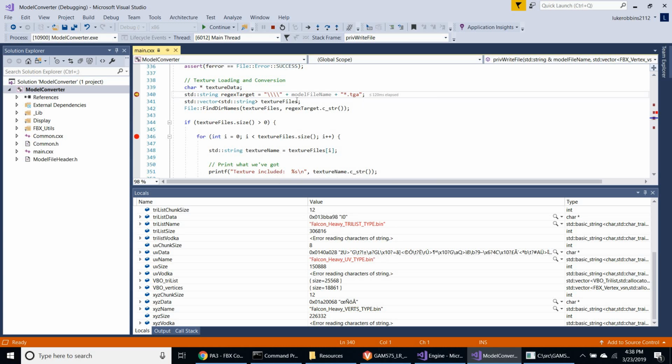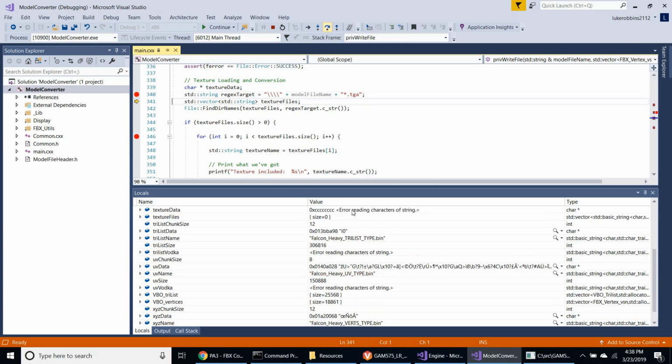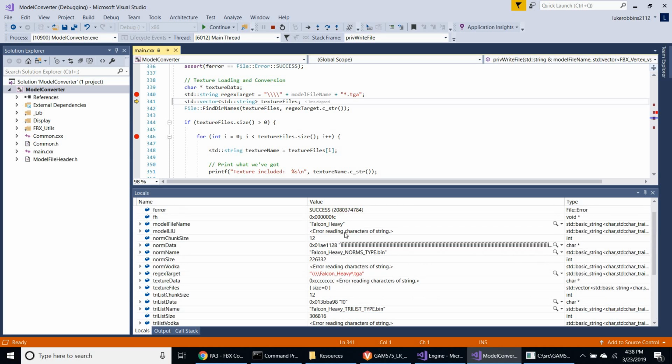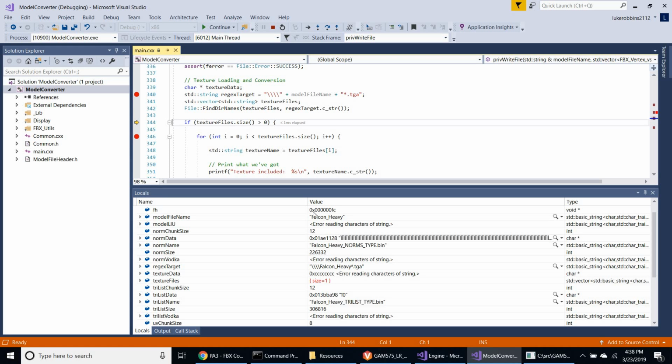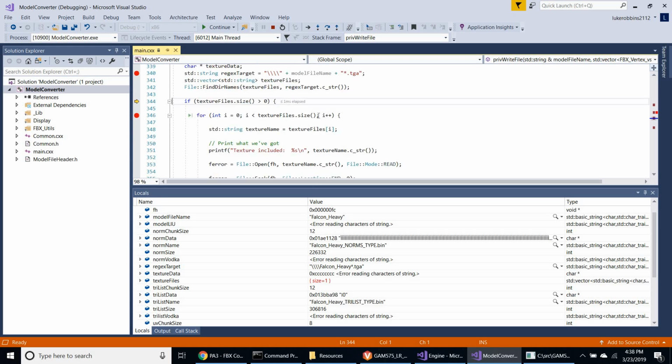So now we're loading the textures. I just had this regex, or whatever you want to call it, expression. We use the root word of the file with an asterisk. This is going to look for all files that begin with this and end with a TGA. So this is going to get the verts type, the norms type, and this way we can package them all in a single go. We'll find all the names in the directory for that, and then read in the